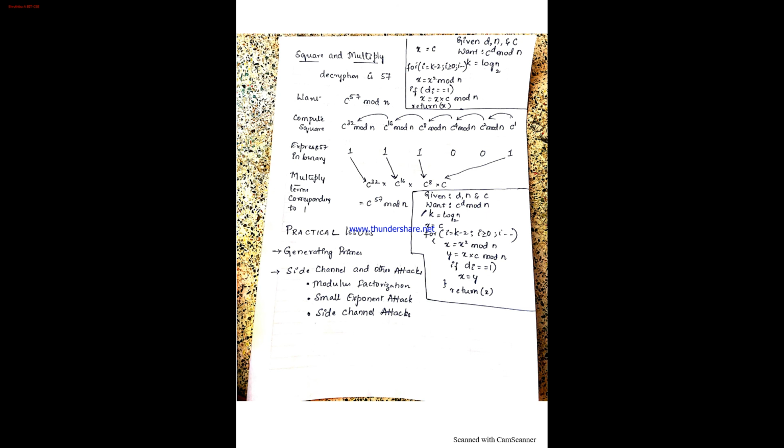And we have the side channel and other attacks. So this side channel attack or other attacks, which attacks is the RSA algorithm prone to? Okay, so the first thing is modulus factorization. You know n is what we are taking, modulus n. Okay, mod n is what I'm computing. So n is equal to p into q, and the factors of n are p and q.